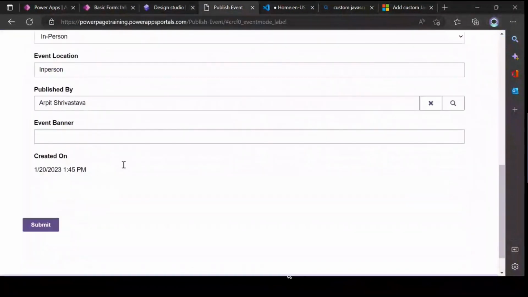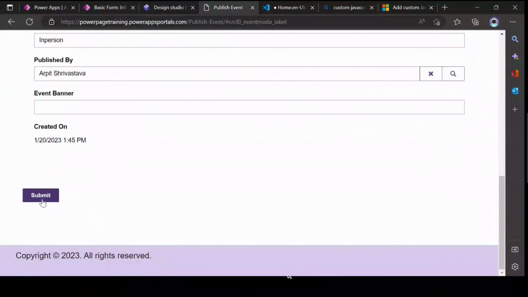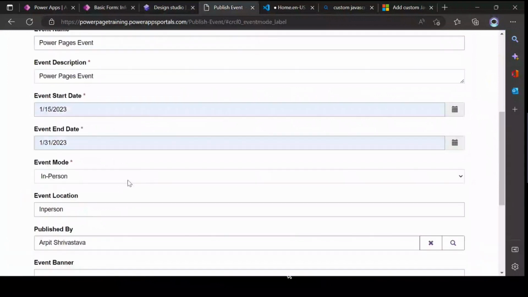So let's say on the portal we have a button called submit. Most of the time, this submit button we cannot customize, because the logic written on the click of this submit button is available in the server-side code or in the ASPX code, right? Portal is a SaaS-based application, and whatever logic is written,